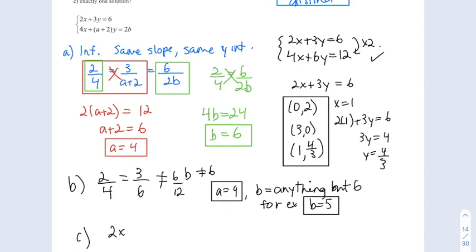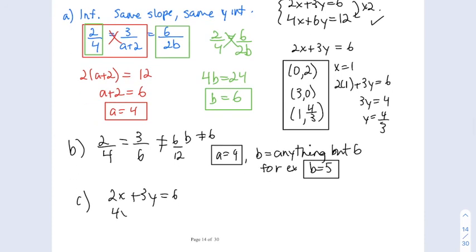So I have 2x plus 3y equals 6, and I have 4x plus (a plus 2)y equals 2b. Now remember, the y-intercept is irrelevant when I'm intersecting, so b can actually be anything at all. What I need to make sure about is that this a plus 2, okay, doesn't match up in the ratio of the coefficients